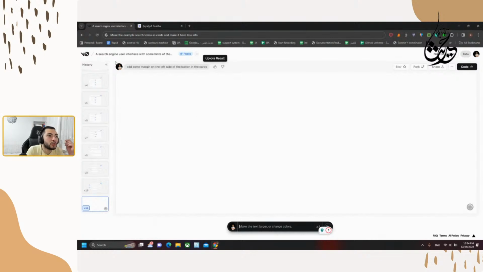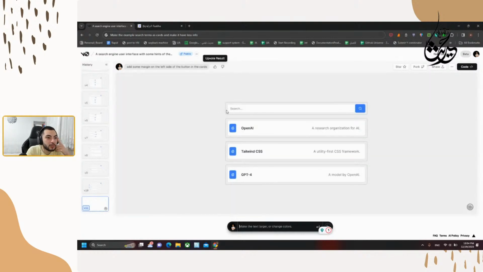So I think such tools would, yeah, here it's added some margin and we have that. Yeah, that's cool. I'm not sure if it's perfect here, but yeah, we could go with this. And this is the expectation of the page, kind of my expectation, but for me, I would like to still